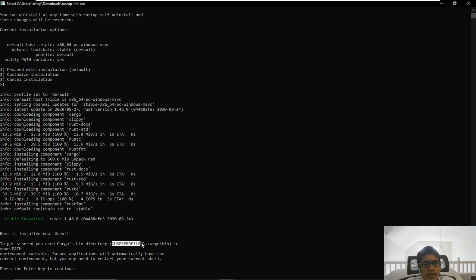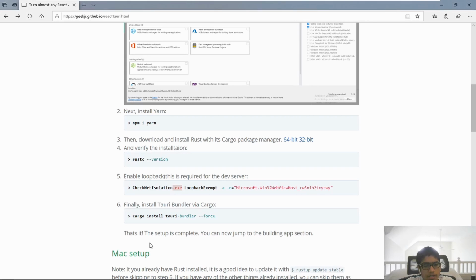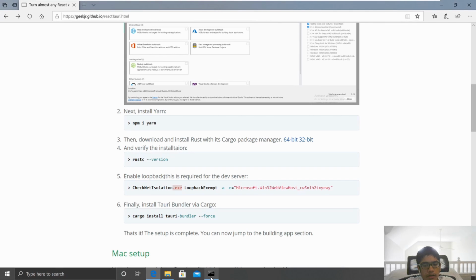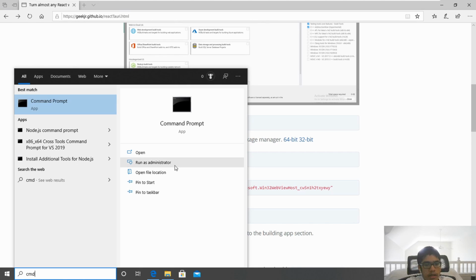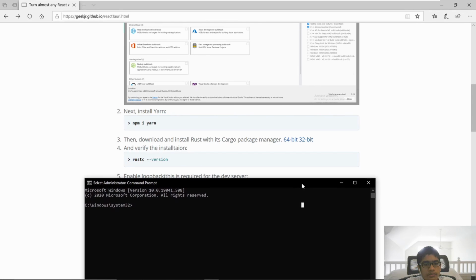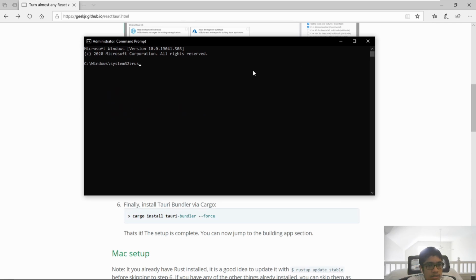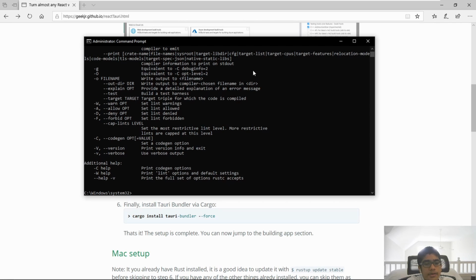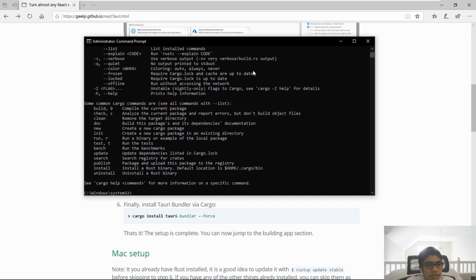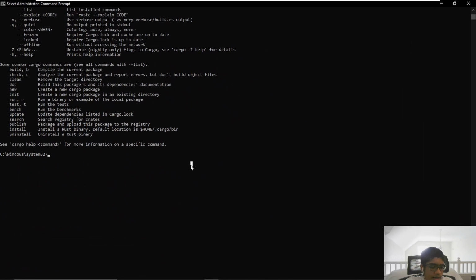So what I would say that you should do is copy this and then hit enter to continue and then relaunch your shell. So just close all your shells, relaunch it, run as administrator, and then see if you can run the command rustc. Now as you can see here, it worked fine, and then you can check for cargo by typing cargo. And so I didn't have to manually add it,